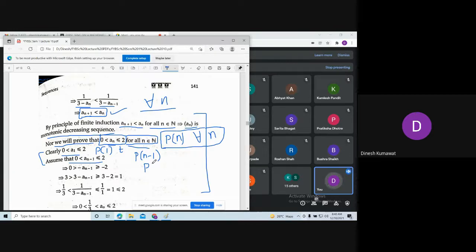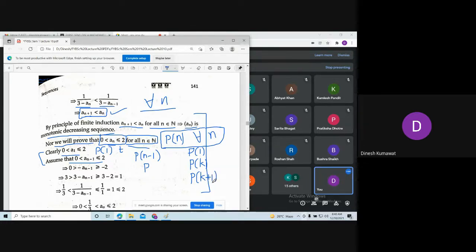Yes, what are we going to prove? You just have to compare; I am only playing a little with words. See, in our original statement of induction, we are saying that we are going to check P of 1 is true. Then we are going to assume P of k is true, and we are going to prove P of k plus 1 is true.